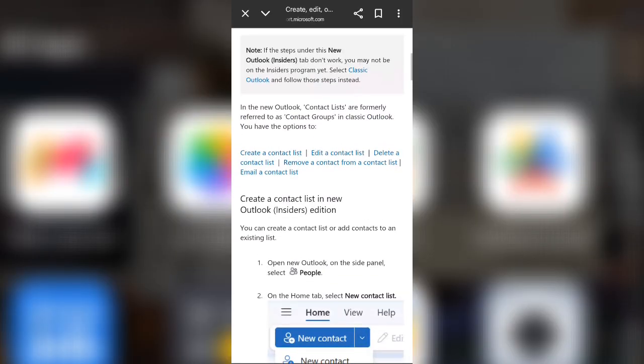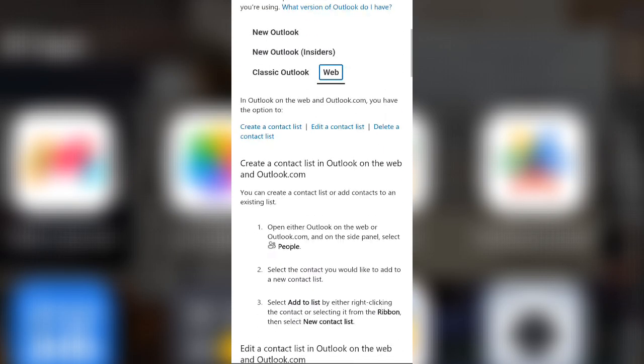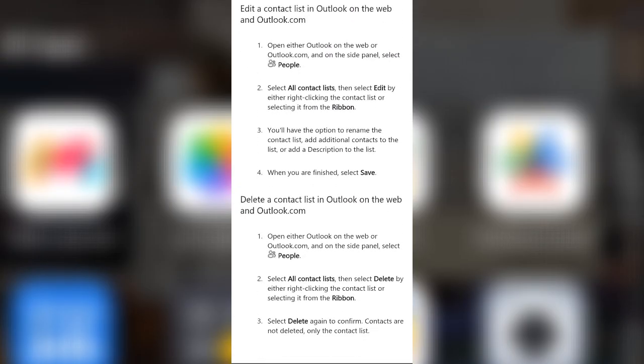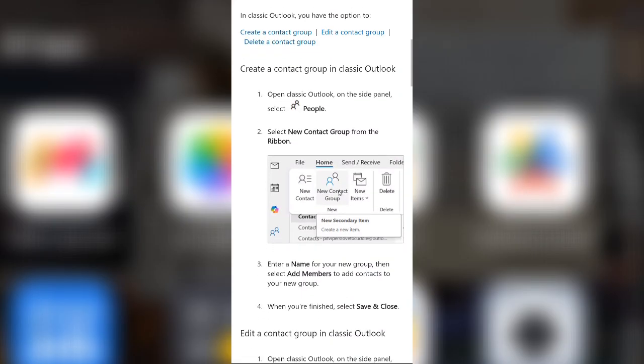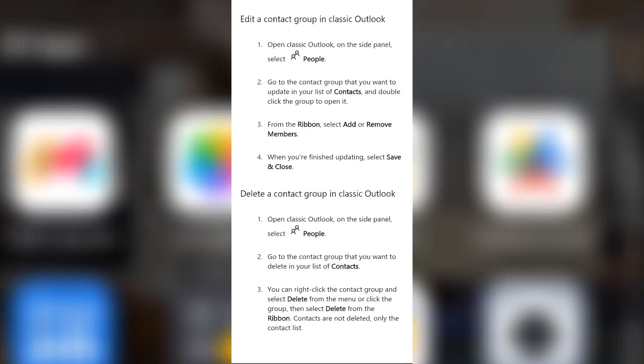Once you've added all the members, click Save and Close to create a distribution list. Now you can use the group name to send emails to all members at once, saving you time and effort. You can also edit a group later to add or remove members as needed, ensuring your distribution list stays up to date. And that's basically how to create Outlook